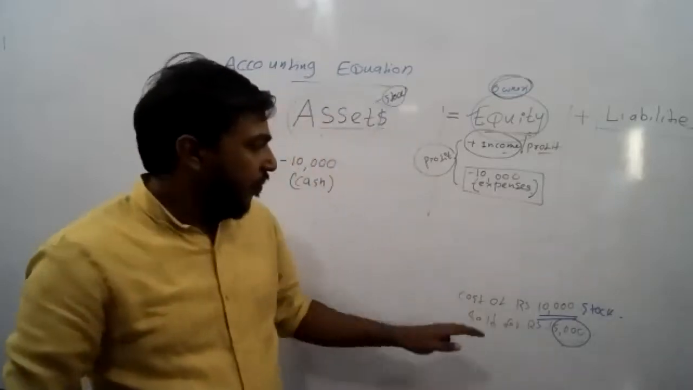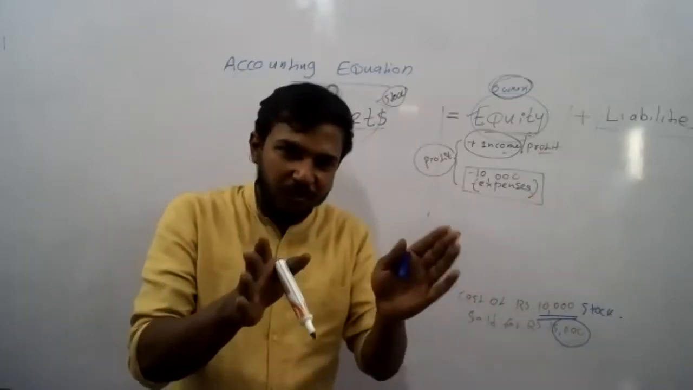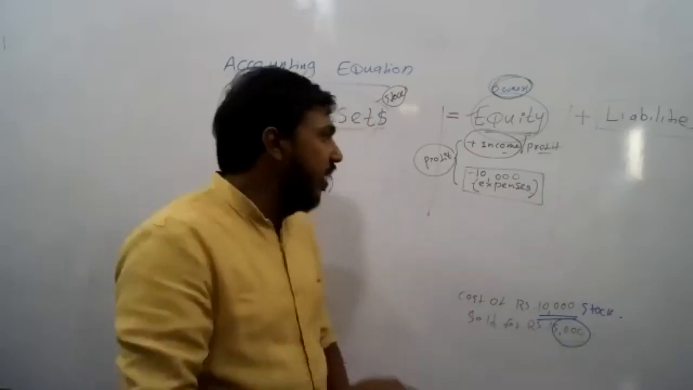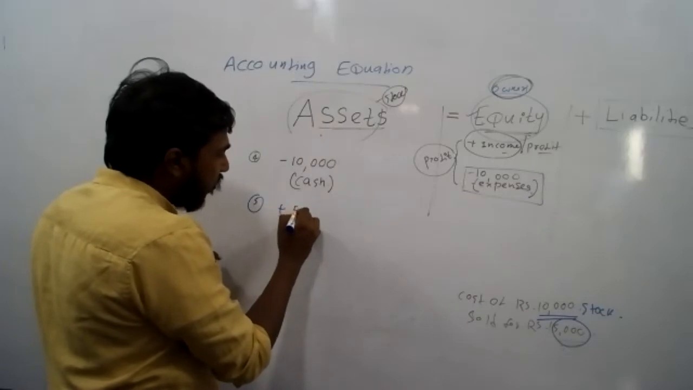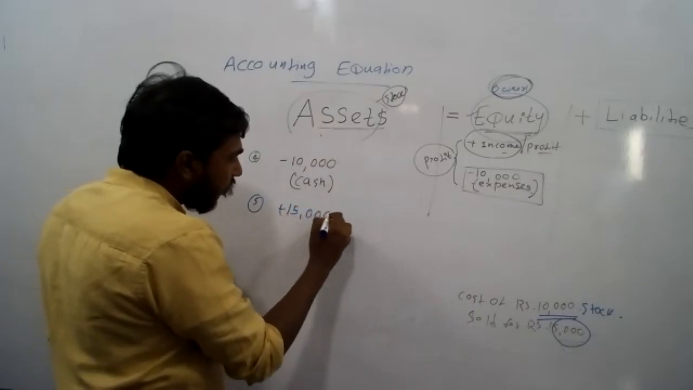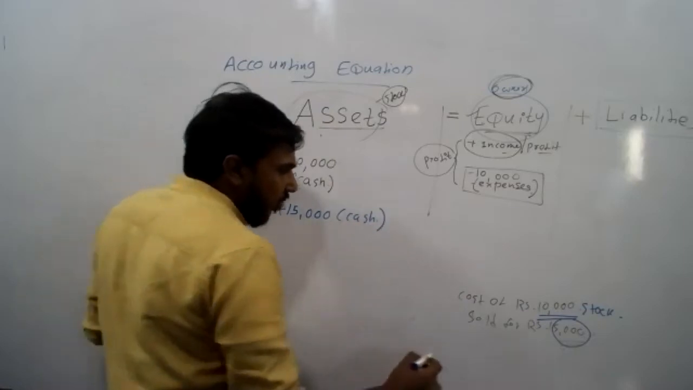Now you can see you sold for 15,000. You're supposed to collect 15,000 from the customer. So cash would be increased by 15,000. Then stock